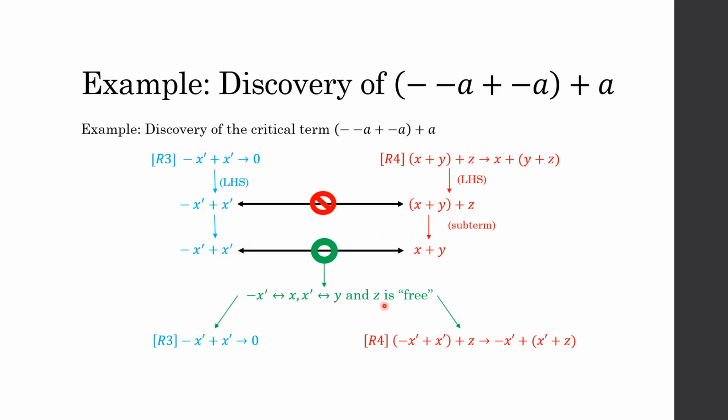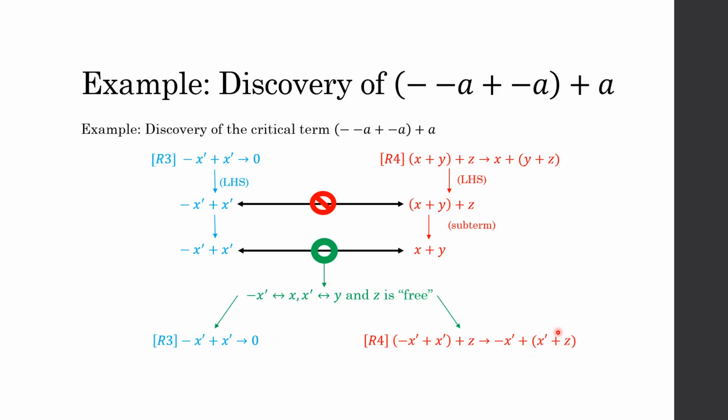Keeping this the same, we replace the x with negative x prime and the y with x prime. After that, z will still be free. The rewrite rule over here will still be the same. So after unification, R3 will still be the same, and R4 will change in terms of